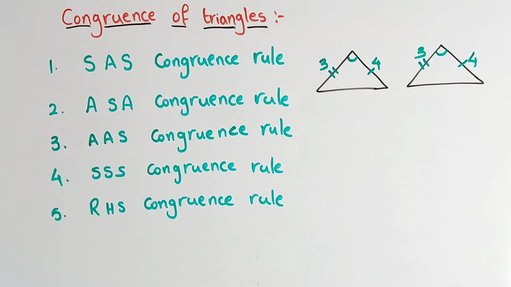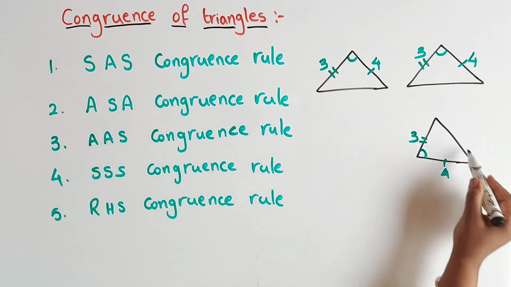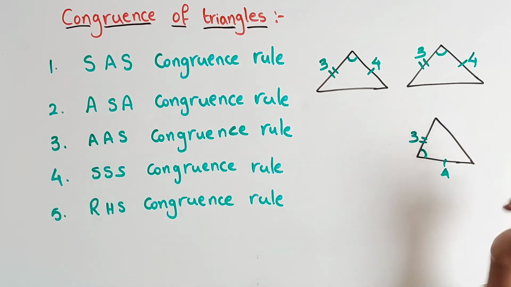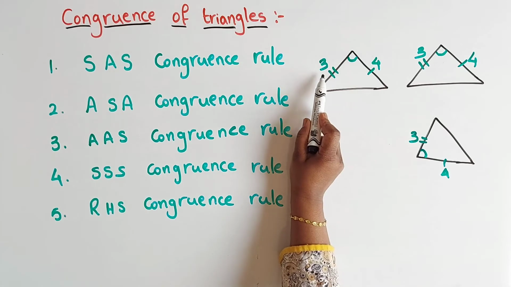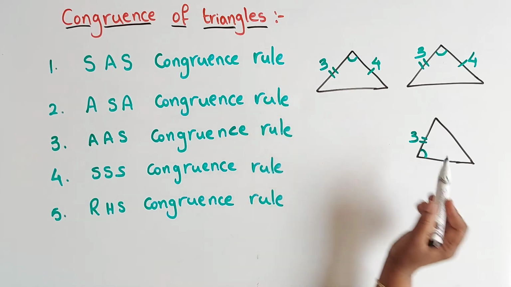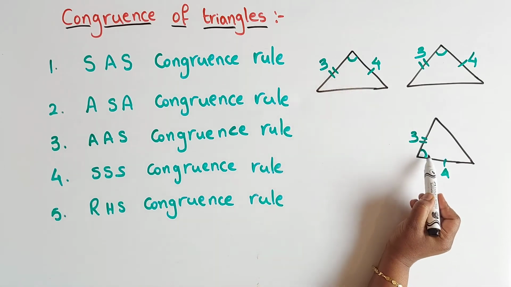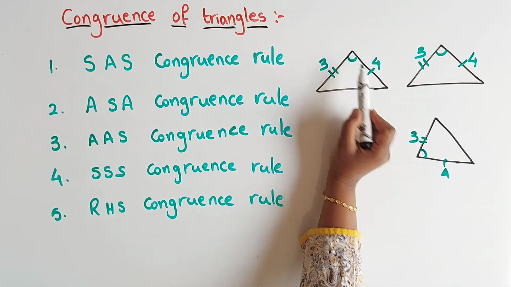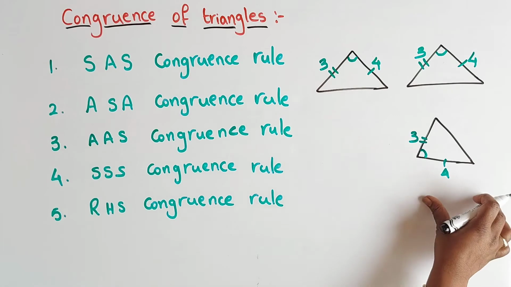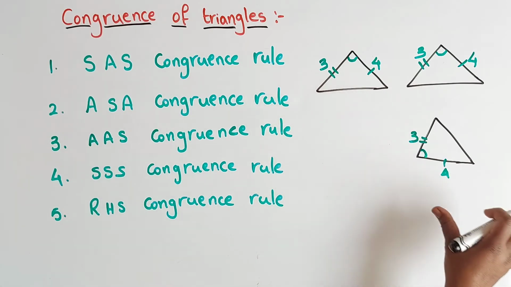So these triangles are said to be congruent. Now see the third triangle, children. Can I say this is a congruent triangle? Yes, it is a congruent triangle because the picture is turned here. Now see 3 and 3. Other side 4 here and 4 here also. See the included angle also same. Right, children? Here the picture is turned but the values are same.